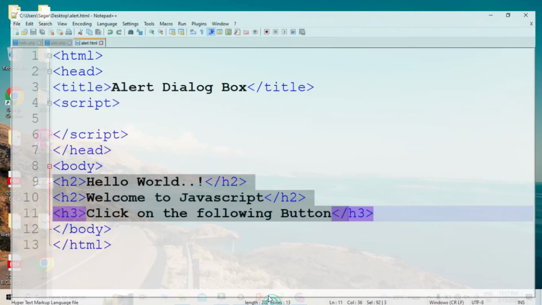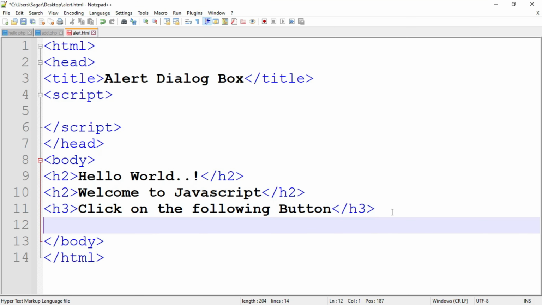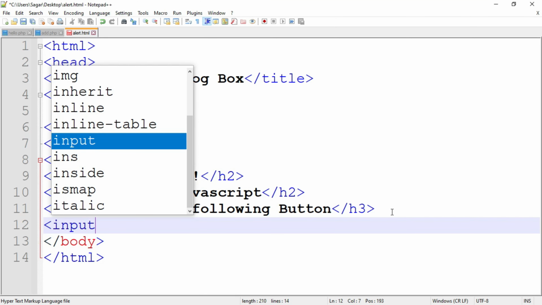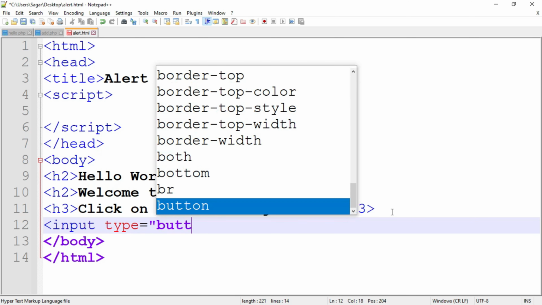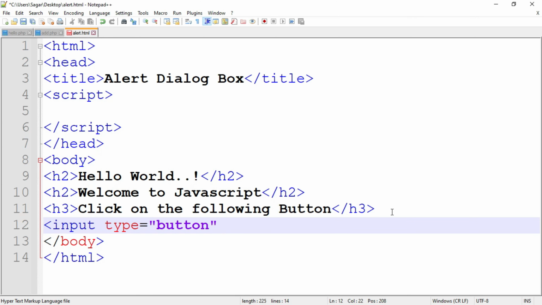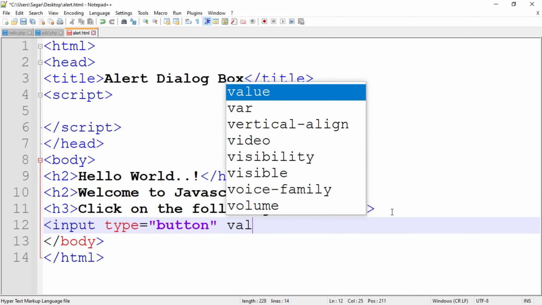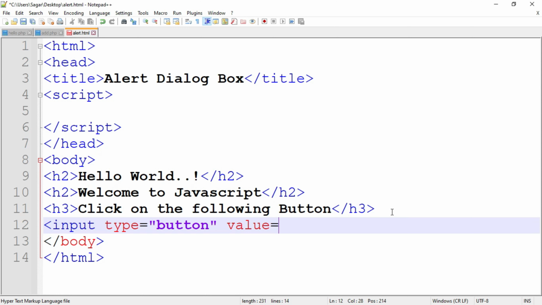To insert a button, write the code input type equal to, in double quotation, button. Suppose I want to display some text on the button, then write the property, that is the value property, value equal to click me, then double quotation complete, and then when the user clicks on the button an event